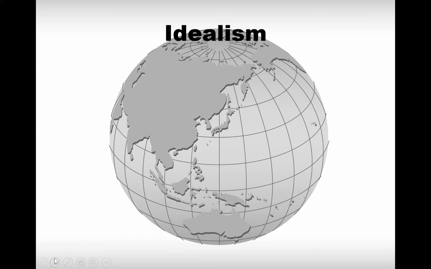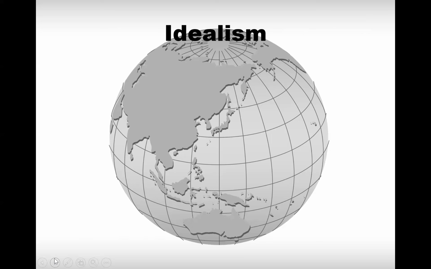Now I would like to introduce you to an older, arguably an older way of thinking about liberalism and international relations, and perhaps the first international relations theory. And this is termed idealism, or at least it was termed idealism by E.H. Carr, who critiqued idealism in order to put forward his idea of realism.